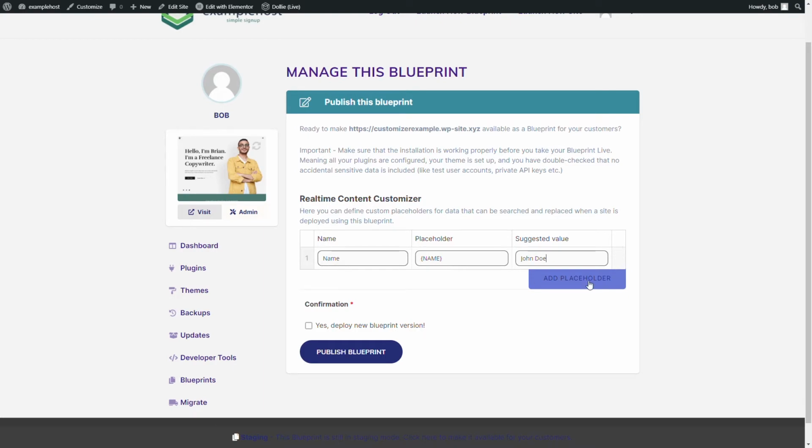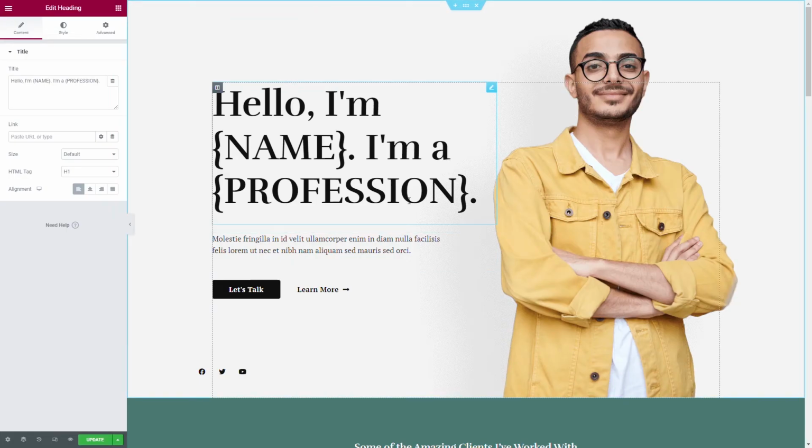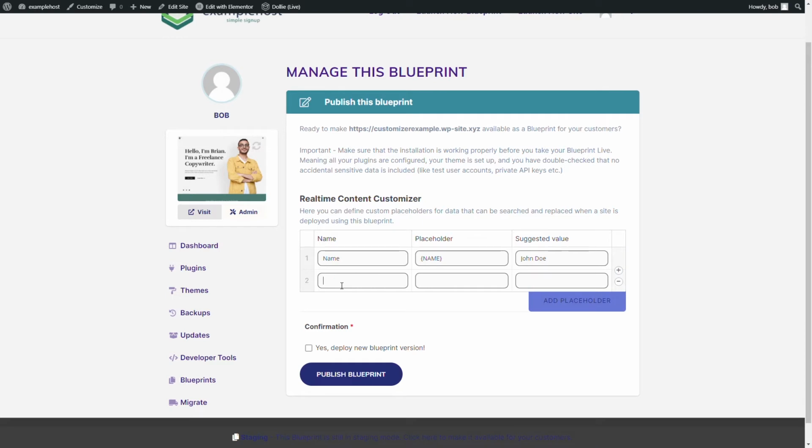Perfect. And then we'll check the next one, and that was profession inside the curly brackets. So we will type in profession. And the placeholder, we'll put profession in there as well. And the suggested value, well, we'll keep it like this, freelance copywriter. Perfect. So you can do this for various pieces of information as you go through the entire template,